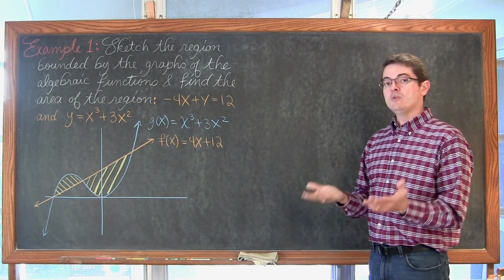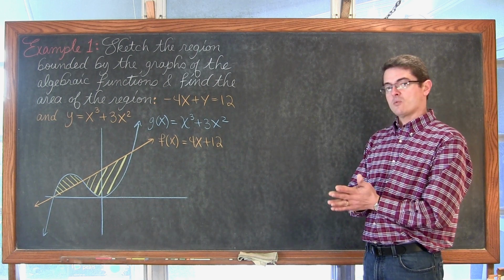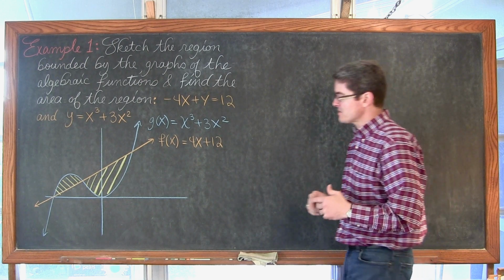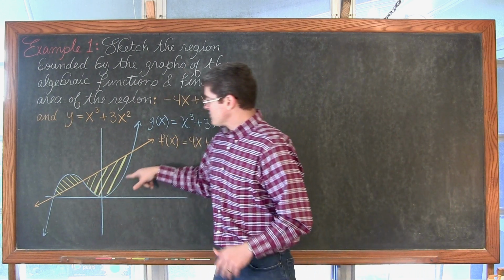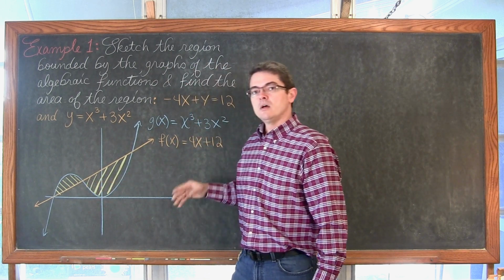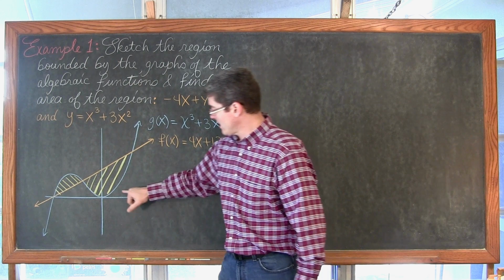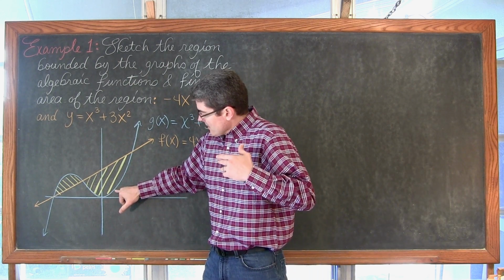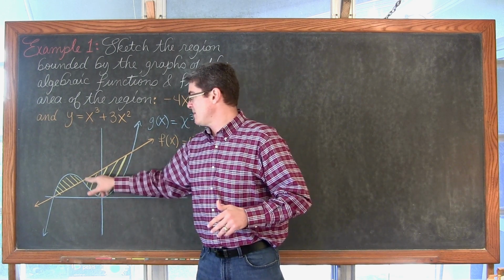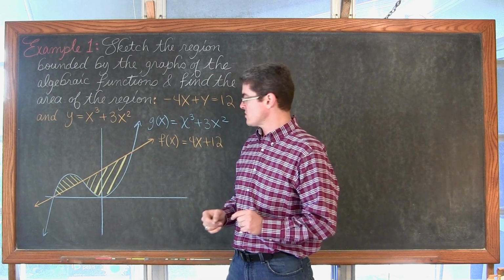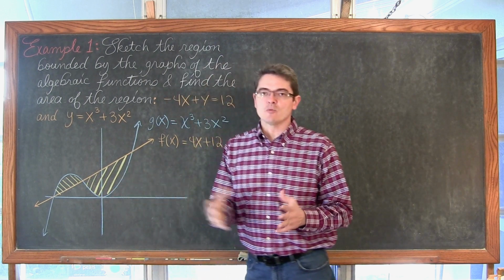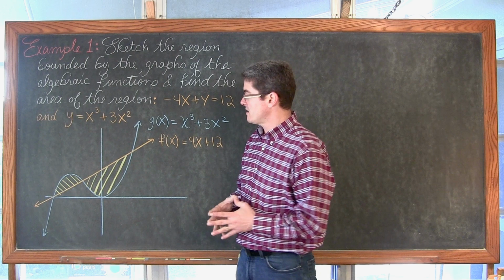At any rate, we do need to find the intersection points so we know how we're going to set up the definite integrals. Now, if you look at the way this function curves around, think about what you would have to do if you were using horizontal representative rectangles, where the greater bound and the lower bound are made with the same function. That is going to be very, very difficult to try and figure out. So this would be a much easier problem to do with vertical representative rectangles again.